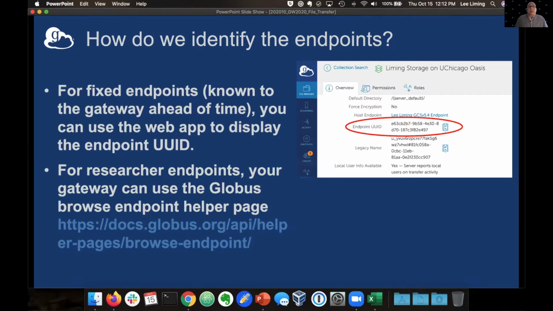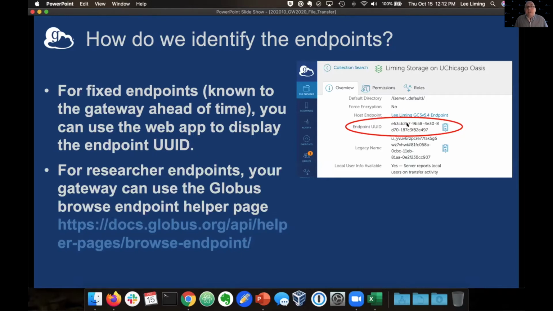The user's credentials have already been gotten because you got that when they logged into your portal. And so they can use all of Globus's handy dandy user interface for finding the right endpoint to transfer something to. And then when they're done and they click that submit button,